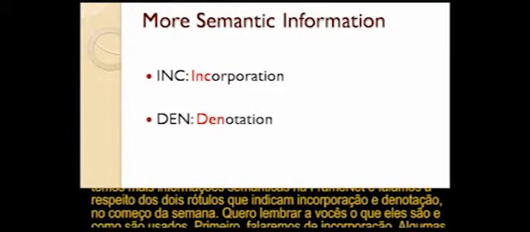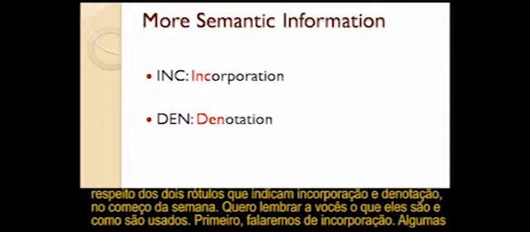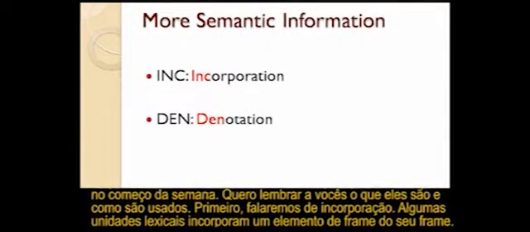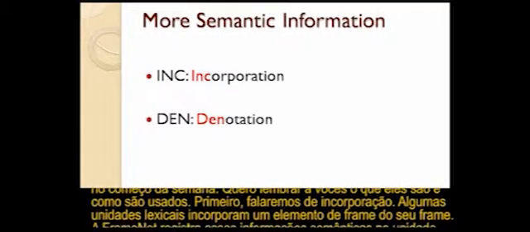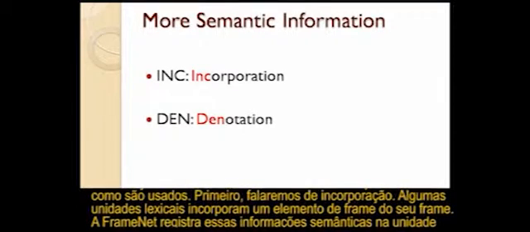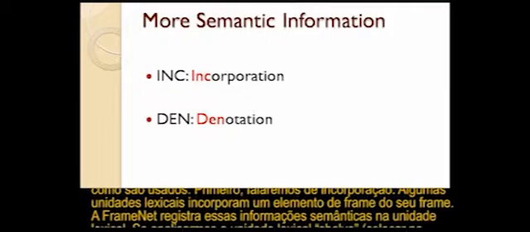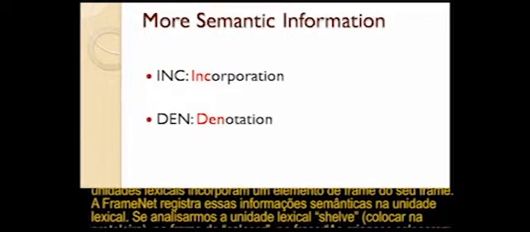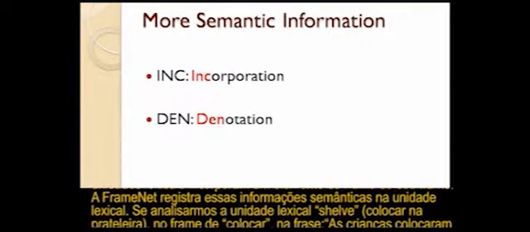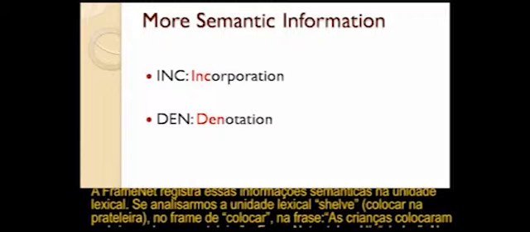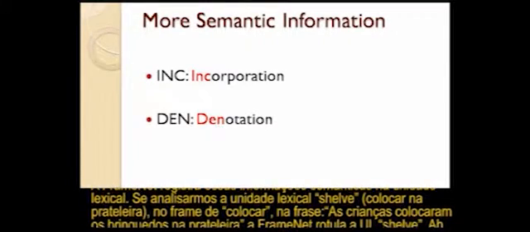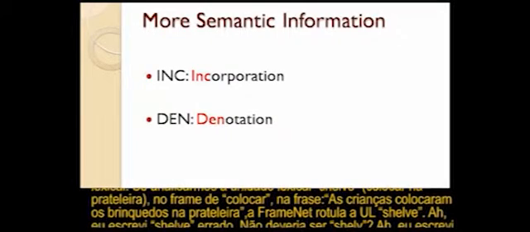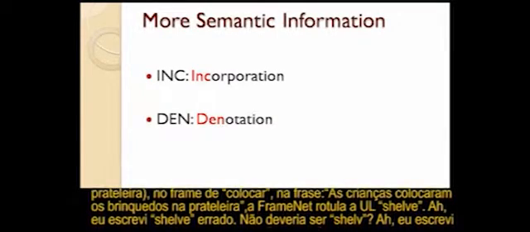And we talked about the 2 labels that indicate incorporation and denotation earlier in the week. I want to remind you what those are and how they're used. First, let's talk about incorporation. Certain lexical units incorporate a frame element of their frame. FrameNet records this semantic information on the lexical unit. So if we look at the lexical unit shelve in the placing frame, as in the sentence, the kids shelved their toys,